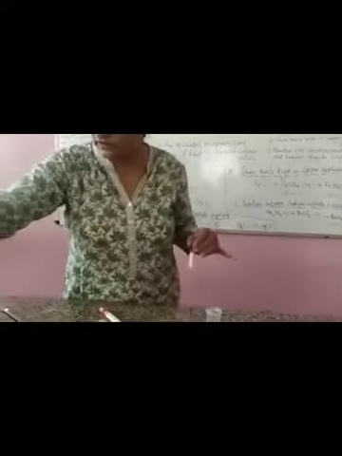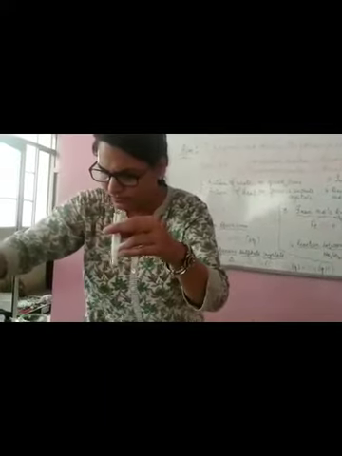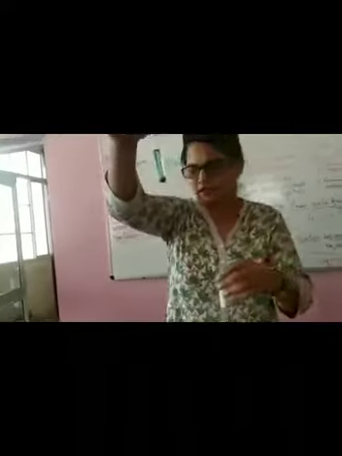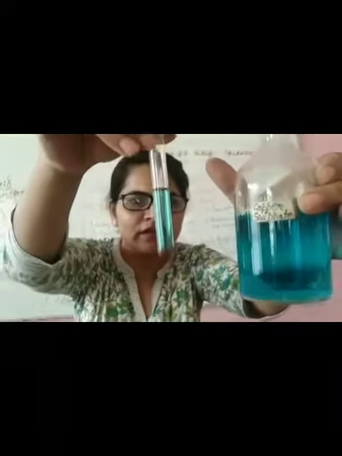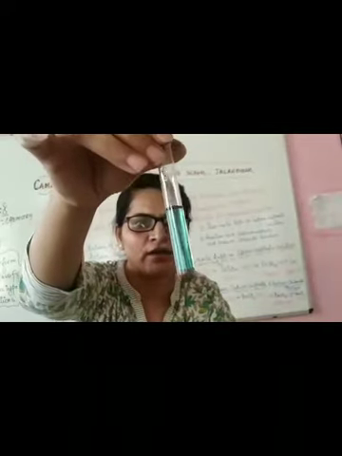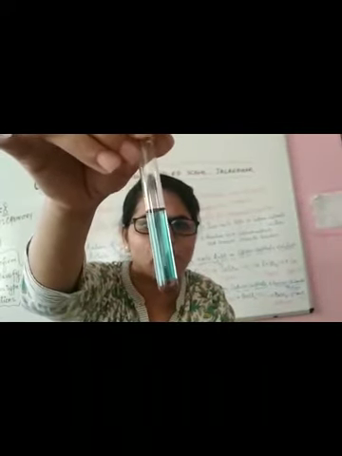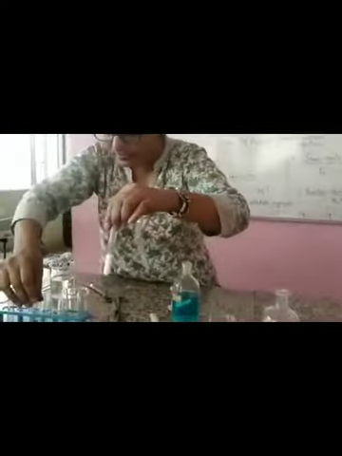So that was the result of the first reaction, and the action of heat on ferrous sulfate crystals. This is the result of the second experiment, and that is related to the decomposition reaction. The third reaction is the displacement reaction. You can now easily see the change in color. The color of copper sulfate is blue, whereas when the reaction happens you can see the pale green color of iron sulfate, and copper is formed, that you can see as the copper color at the bottom as well. So this is the third experiment, and the fourth experiment is related to the double displacement reaction.